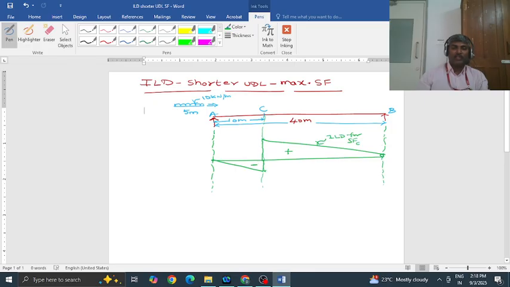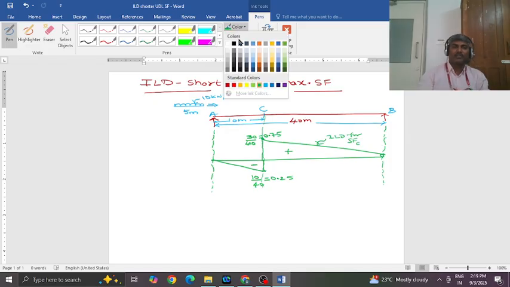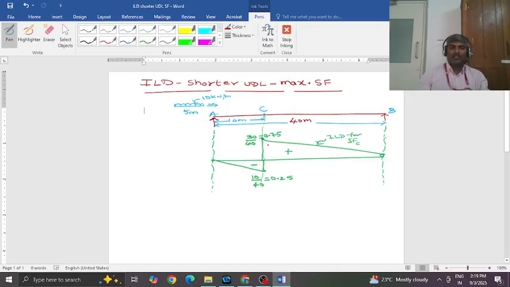And these maximum ordinate values are nothing but it is 10 divided by 40, which is 0.25. This BC span is 30 divided by total span is 40. So this ordinate works out to 0.75. Right. So once you draw the very basic information, that is ILD for shear force at a section, then next